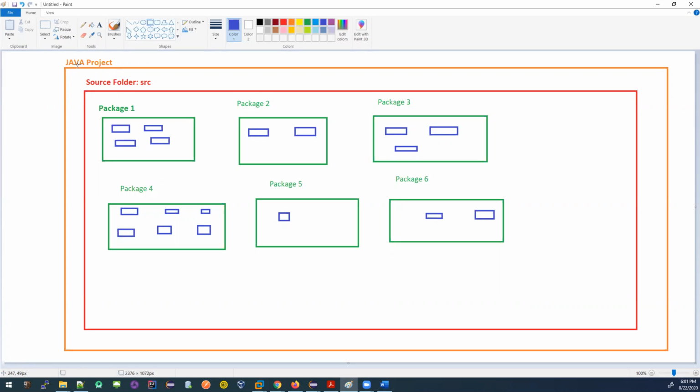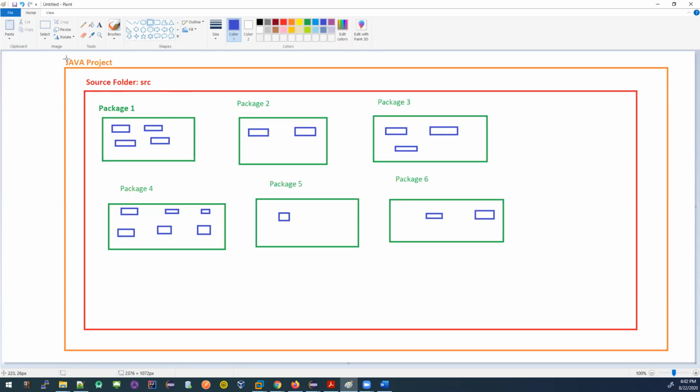You have created a Java project, right? It's a project folder. Inside the project folder, you have a source folder, which has the default name SRC. Inside the source folder, you can create many packages. Here I have 6 packages. The packages are nothing but another folder.